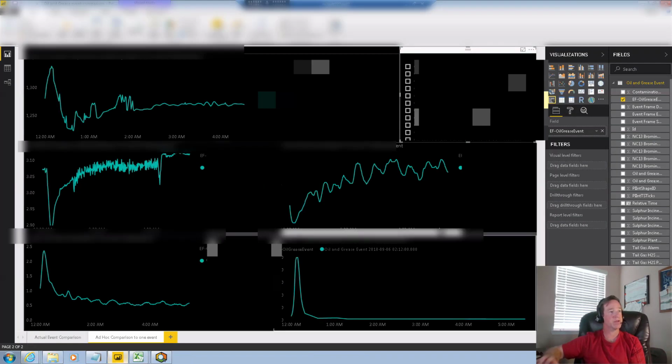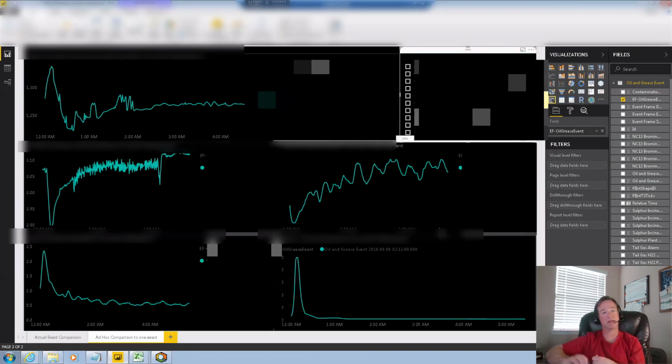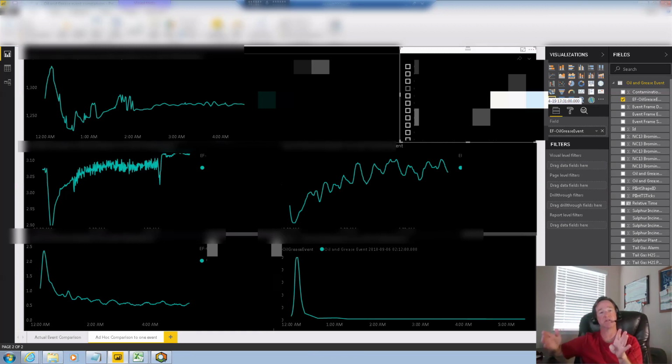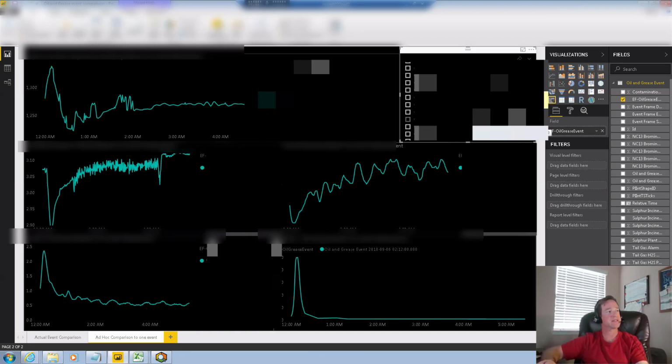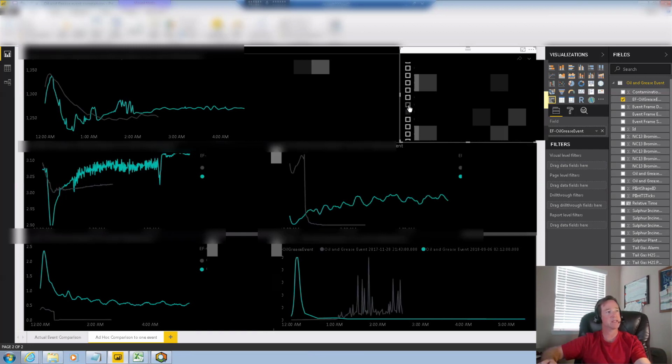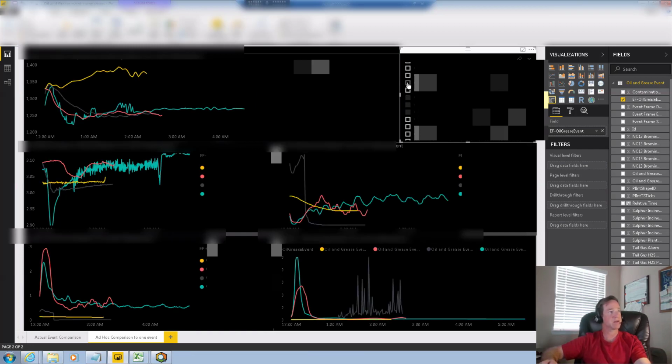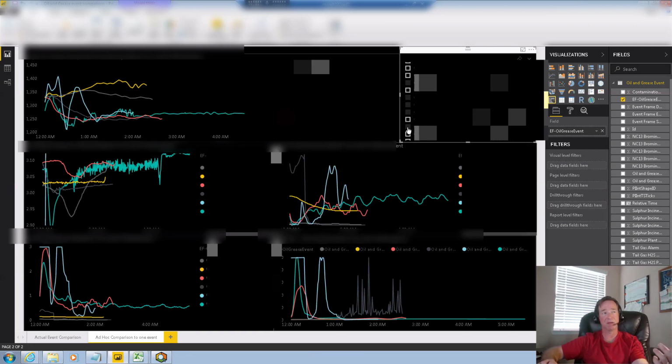The other thing, through the PI Integrator for Business Analytics, we were also able to take a 1-minute snapshot of each event and do comparisons. So right now I have a classic event up on the screen. If I want to compare it to another one, I can just hold down Control and start clicking some of these other events and do comparisons and say, do they look the same? So you think about this could be done for batch comparison, environmental excursions, downtime events, any kind of events. Do I see the same pattern?